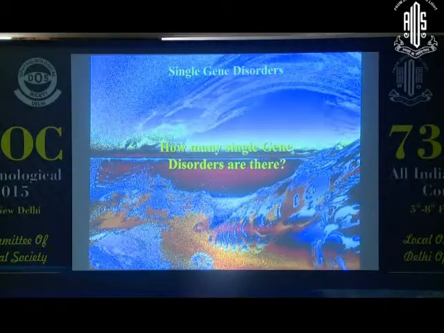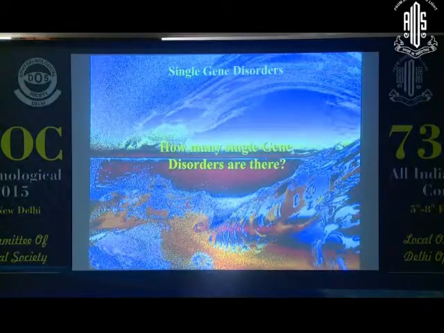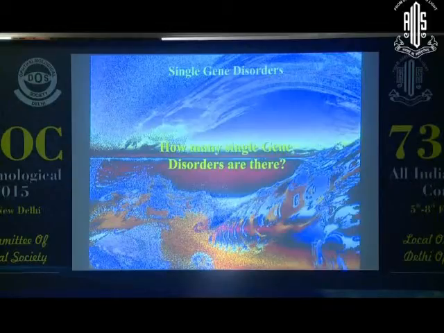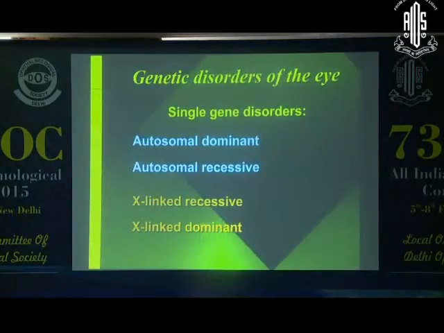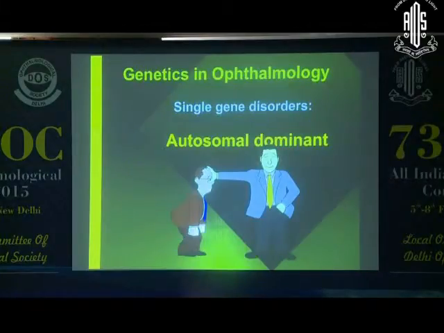Now we are moving on to the third category, single gene disorders. In a tertiary care center, you would see mostly such patients. Depending on where the gene is, it could be in the autosome or in the sex chromosome. They could be dominant or recessive. Dominant means one copy is enough to produce the clinical signs and symptoms, whereas in recessive conditions you need both copies lost. Therefore, the normal gene will be suppressed by the dominant mutated gene,